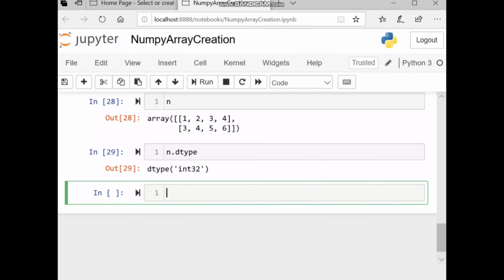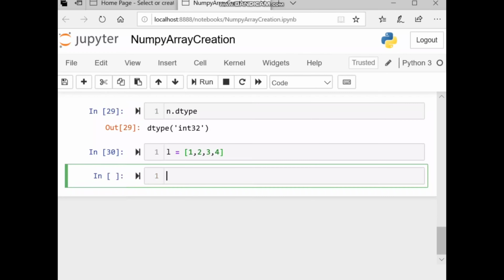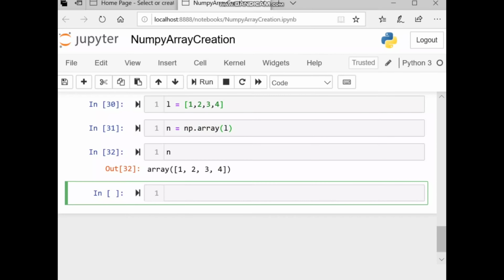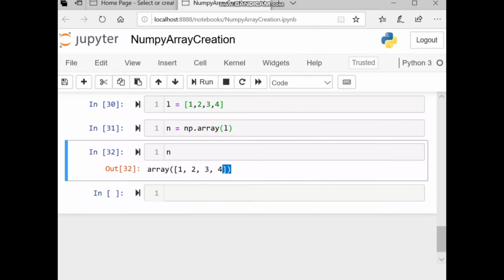Let's suppose we create a list. Okay, L is equal to 1, 2, 3, 4 and hit shift enter, and now we create a NumPy array. n is equal to np.array and pass this list, which is L. Okay, and shift enter. Okay, so now we see n and hit shift enter. See this is a NumPy array. Okay,